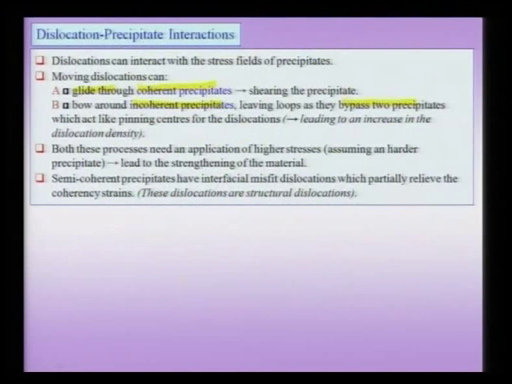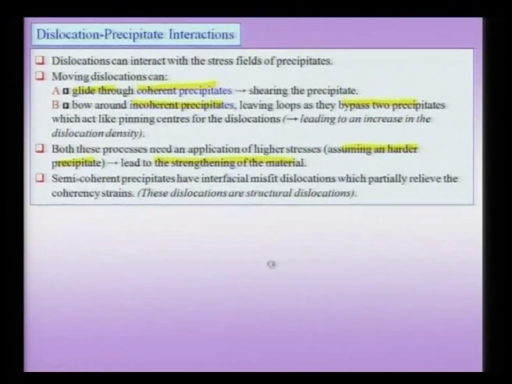The important point to be noted is that both these processes typically need a higher application of stress, and of course, I am assuming that the precipitate is typically harder than the matrix, and this will lead to the strengthening of the material. So, precipitation hardening or precipitation strengthening is a very important mechanism by which a material can be hardened, and therefore you can increase the strength of the material as compared to the weakened state because of the presence